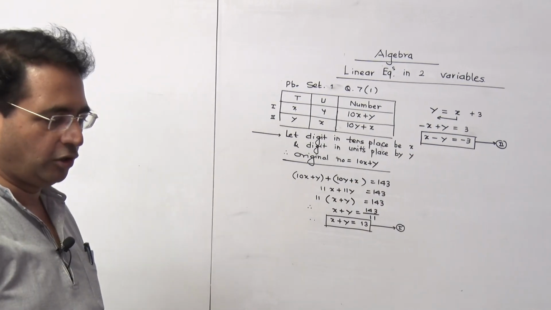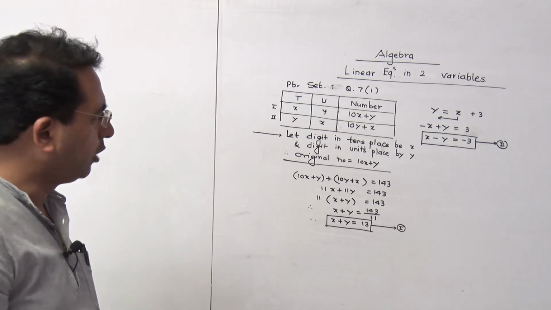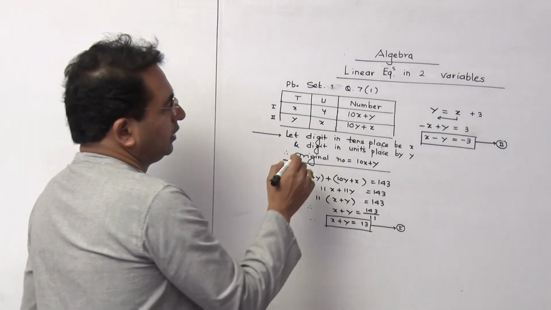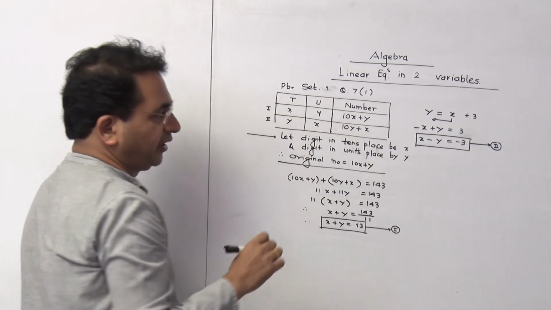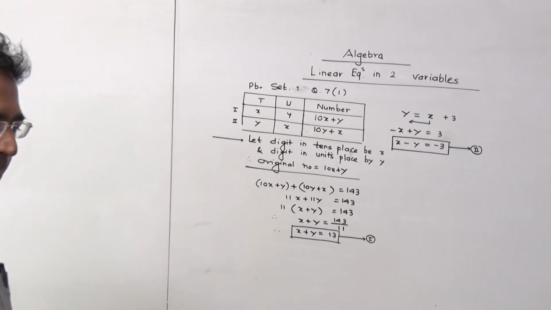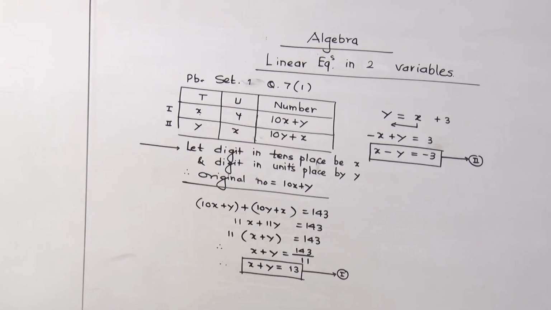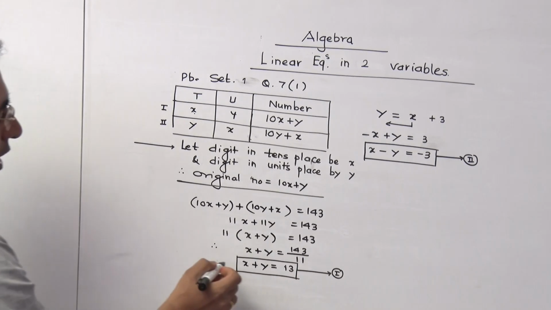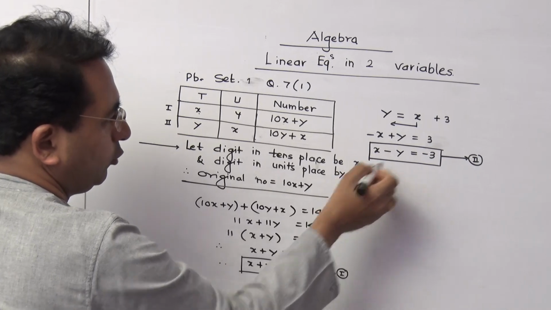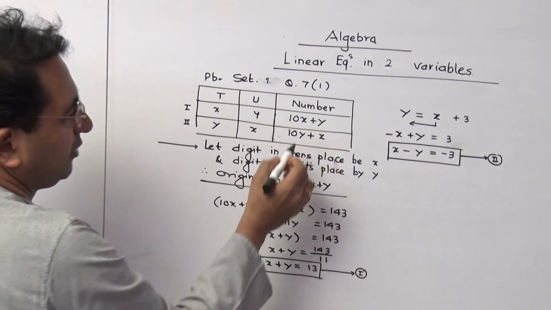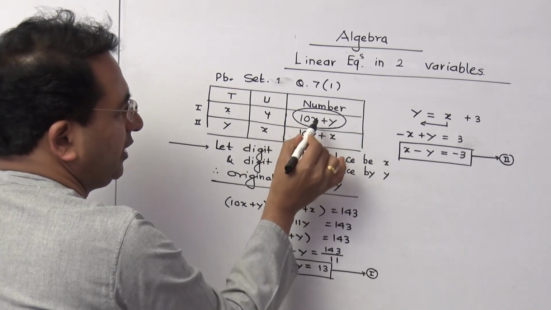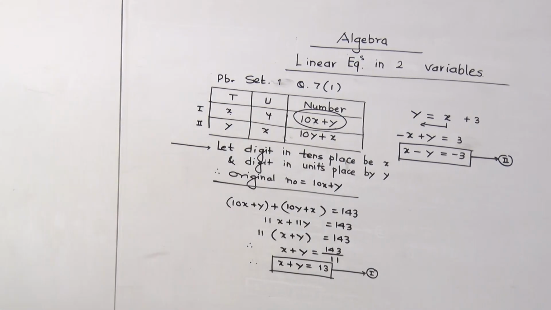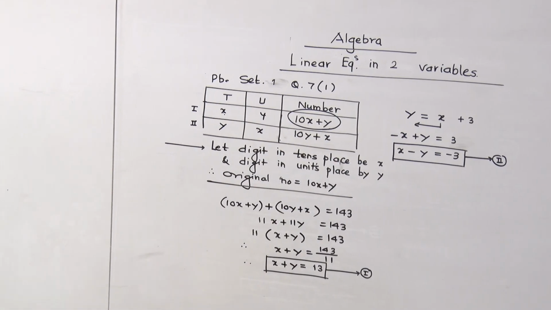Solving the equations you can do afterwards, but you have to mainly focus on framing the equations effectively. Once you frame it properly, then it's a very easy job to solve them further and to write the final answer. The answer is basically about x and about y. Once you get the value of x, you have to substitute that value of x and y here, then only you will get that original number. Is it clear to you?